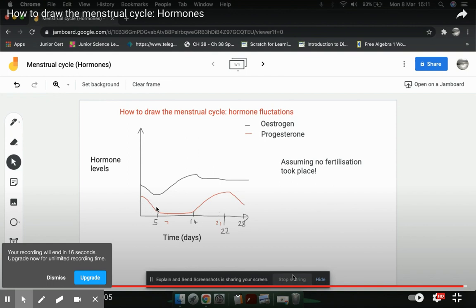and you can see here that it is dipping all the way down and basically remains steadily at quite a low concentration because the corpus luteum, of course, was dead. It increases then from ovulation because the corpus luteum has produced the hormone, and it dips again when the corpus luteum dies. So that's pretty much it, guys. That's how